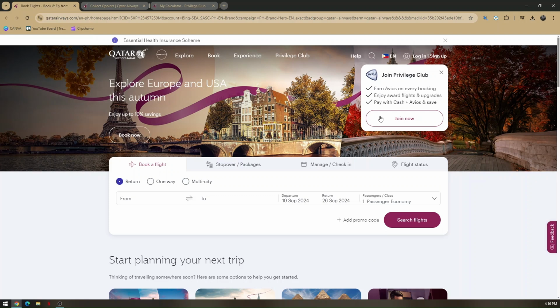Now, if you are currently logged into your account, all you have to do is click on Manage Bookings and then Manage Flight. From there, you'll be able to know the specific availability of the upgrades you can do on your current